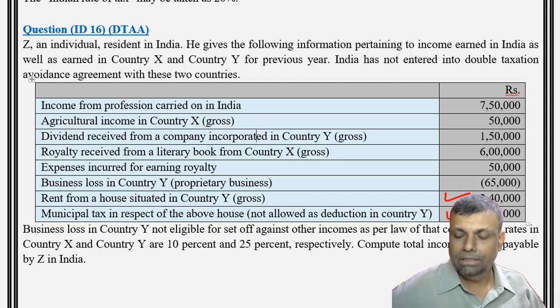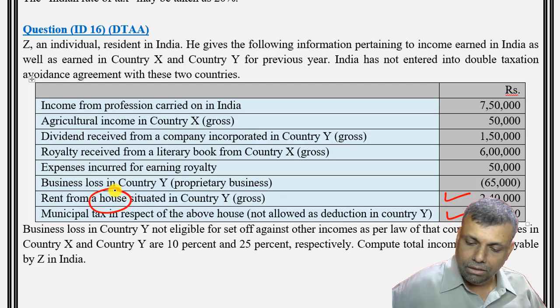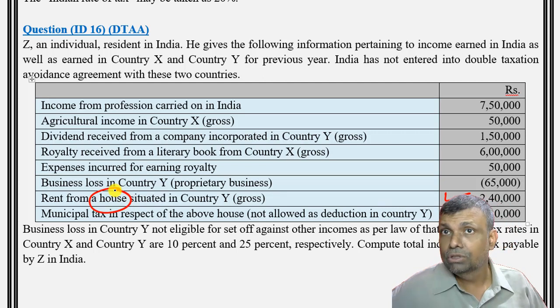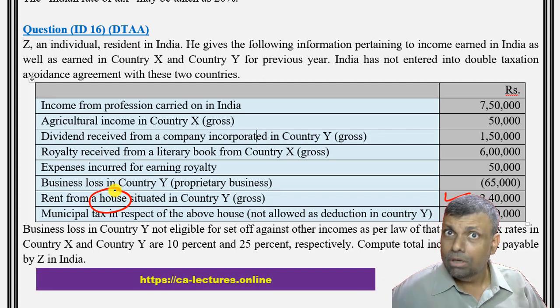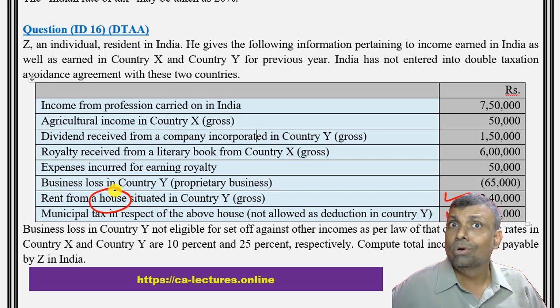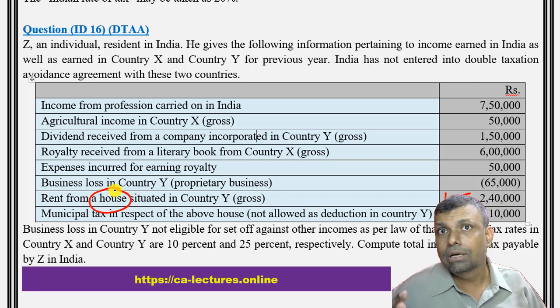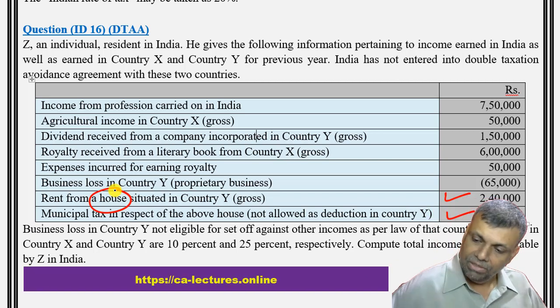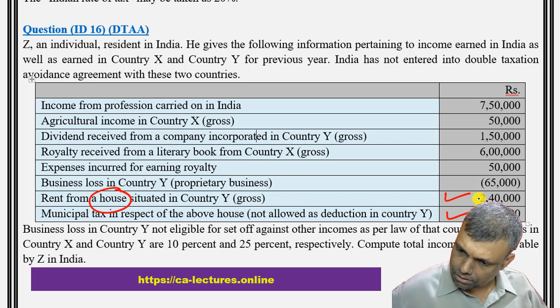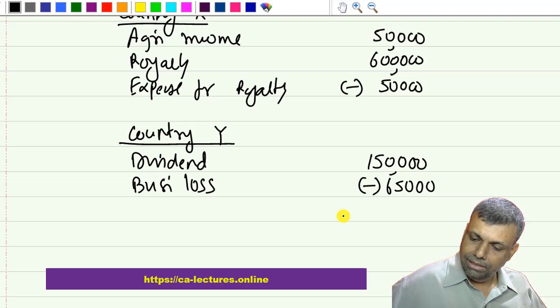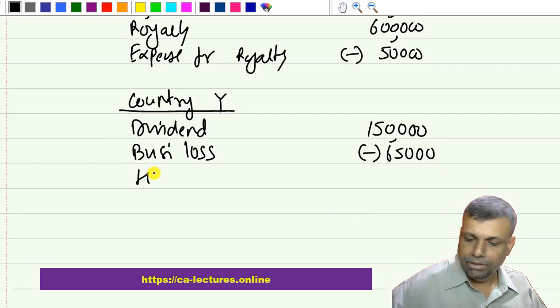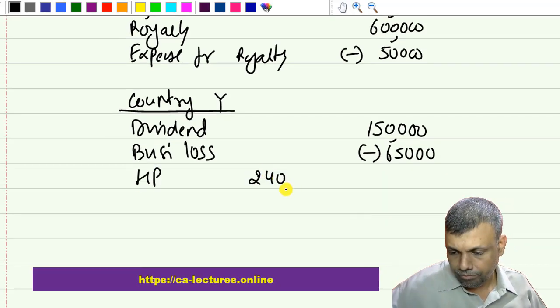So in India, we will consider the 40,000 municipal tax plus house property income. We also have a standard deduction of 30% in India. That also we will give. Why not? However, the law of that country is not going to give it. That will come in your foreign rate calculation. Okay. So in India, I'll have to consider the rent minus the municipal tax of 10,000 and the 30% standard deduction of house property. Okay. So house property income